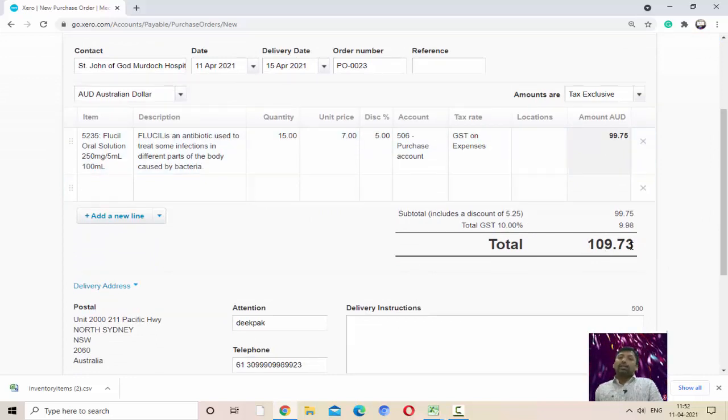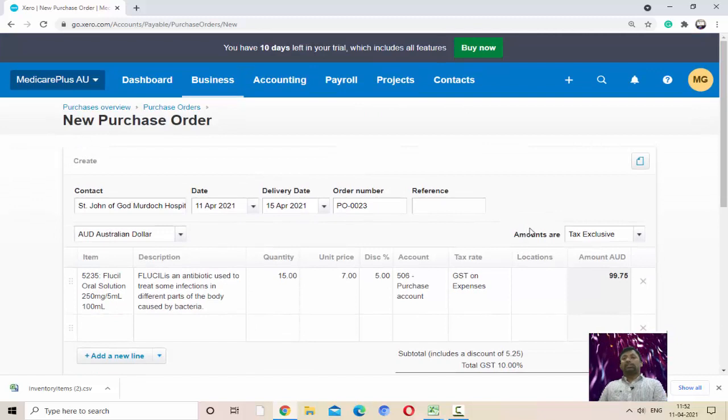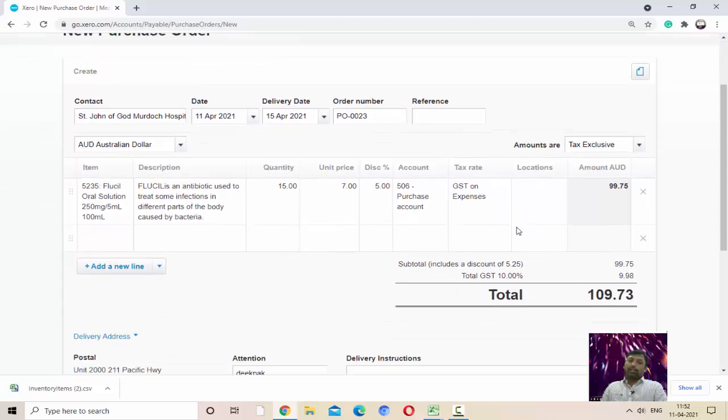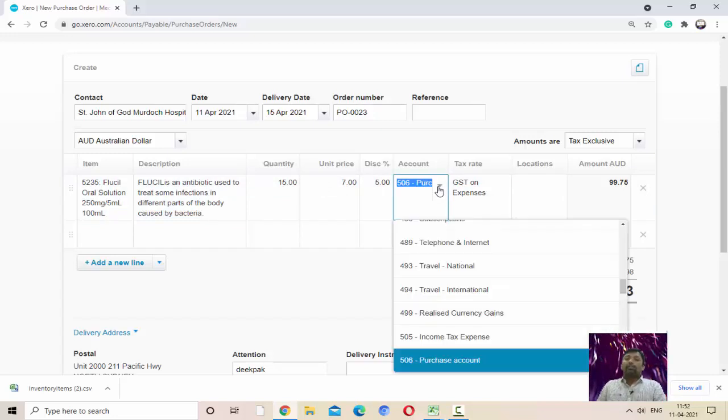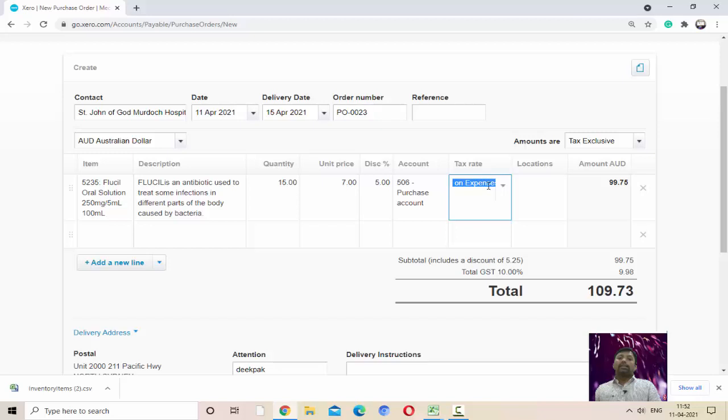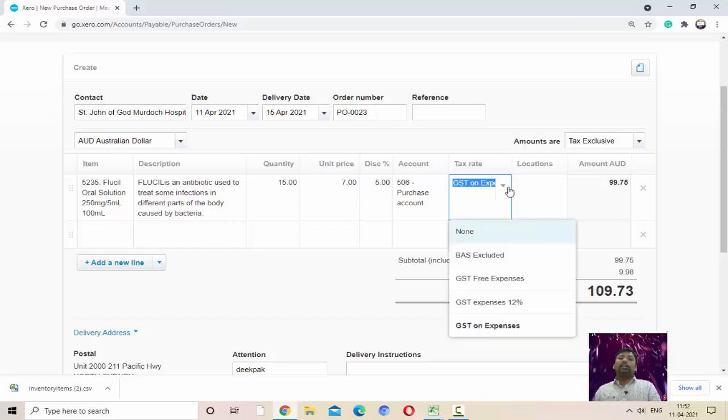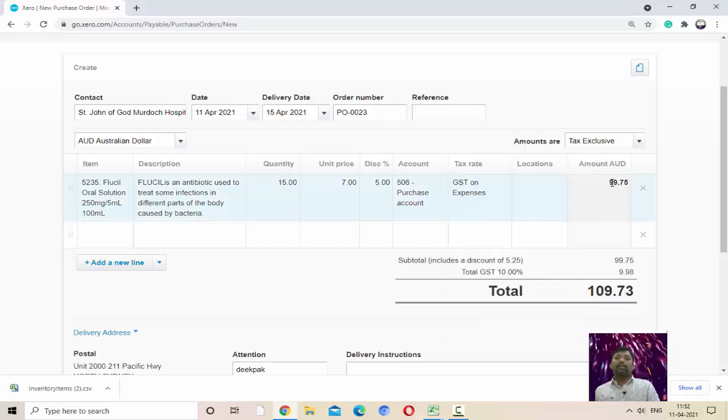I think you understand how to enter the item name, description, then quantity, then unit price, which will be automatically entered when we select the item, then the discount percentage, and the account in which that item purchase entry will be recorded, and then select the GST on expenses. If the expenses are tax free, then select GST free expenses. I think you understand, and then select the amount.